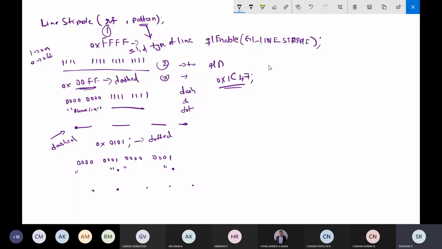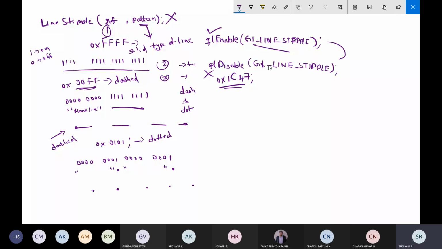If you want to disable, call glDisable with GL_LINE_STIPPLE. So these are the functions for enabling this functionality. If you want to enable, you call this function; if you want to disable, you call the disable function. Like that you can turn on and turn off the line pattern.